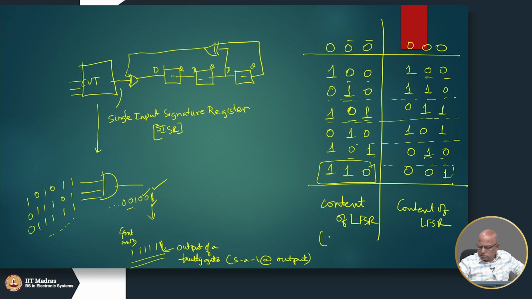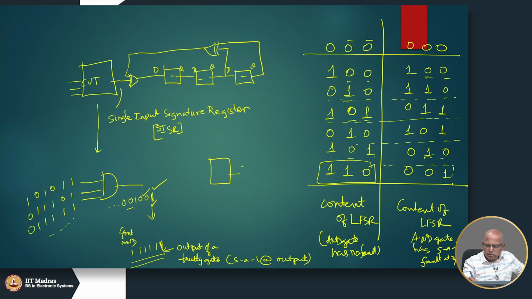In this case, the AND gate is good, has no fault. Here the AND gate has a stuck-at-one fault at the output. So, if I take this AND gate and treat it as a circuit under test, and apply this LFSR, okay,